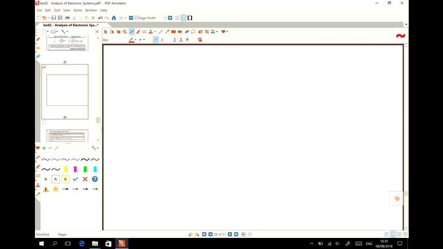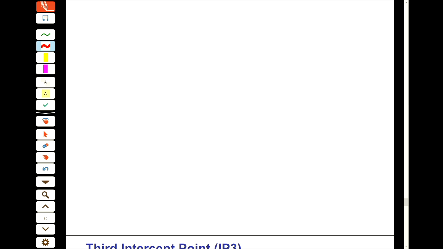So one of your friends asked how we can calculate or measure the third intercept point from the graph. I'll explain it again here. As I mentioned, if we have V in into a nonlinear system like this, then at V out we have different components of V in, and if it has two components, then